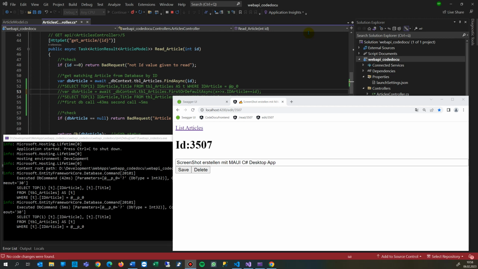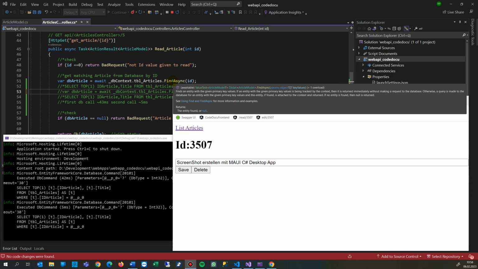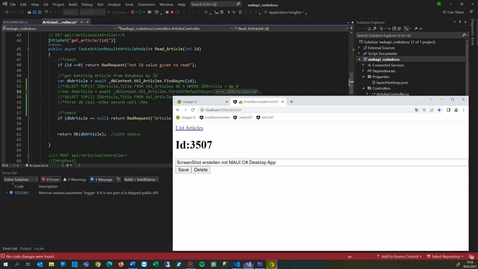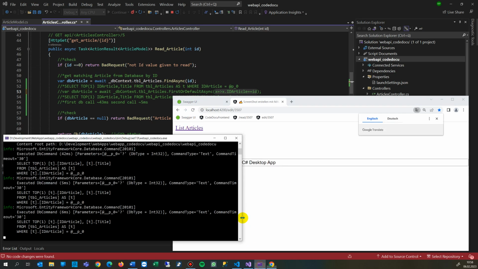This video explains the difference in speed in Entity Framework when you use either FindAsync or FirstOrDefaultAsync when looking for an ID. The sample here is that I'm looking for a dataset with this ID. So when I start my application now with FindAsync and I do a refresh, then I will find in